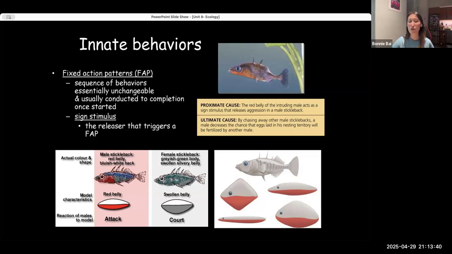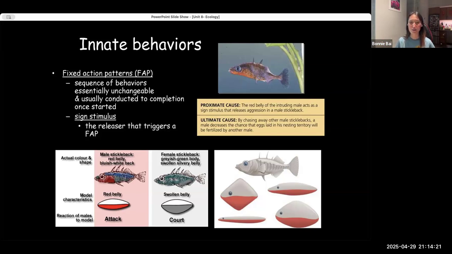In this case, they had the male versus female stickleback fish, and during their particular mating season, the males are drawn to the red. It's like the bulls with red flags in a bullfight. I suppose it's kind of the same thing. So for males, naturally, in natural environments, they see the red and think, oh, that's another male stickleback fish ready to mate with my females and fertilize the eggs that the females in my territory have laid. So to prevent that from happening, through evolution, males will just naturally attack anything that is red.